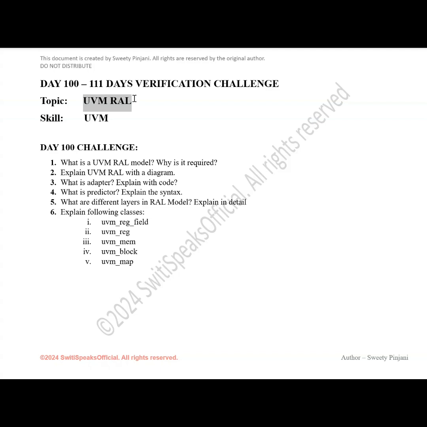In registers, you can have different types of registers, different access modes. For example, there can be a register which is read only once. There can be a register to which you can write once. There can be a register to which you can read and write multiple times. There can be a read only register. So even the access types can be different and every register has different fields. It is possible that for different fields the access type is different.